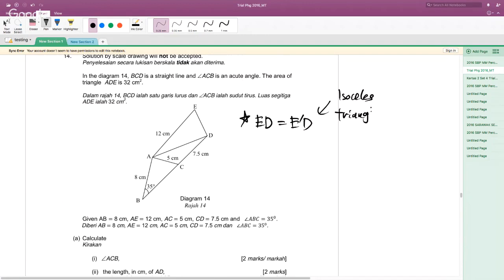That means I have two lines which are the same length. So over here, if I want to do the isosceles, do you find out this is an isosceles triangle? This is DE, so my new E is over here. You see the ED is the same as the ED. I mean E prime D is the same as the ED. All right, and then they ask us to sketch the triangle